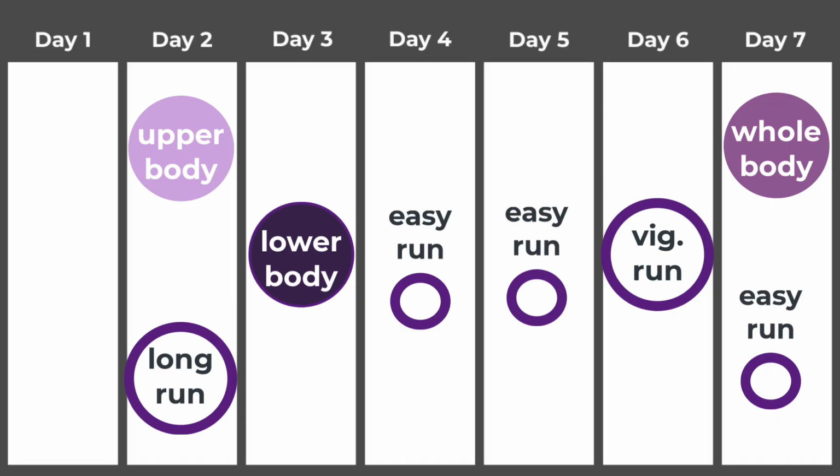So by the time this person gets around to their vigorous run, they should be pretty well recovered in the lower body to be able to run at a high sessional RPE. After their vigorous run, they'll do some whole body strength training the next day, and then again, another easy run on that next day. This person has 1 day off a week. They're training 6 days a week,